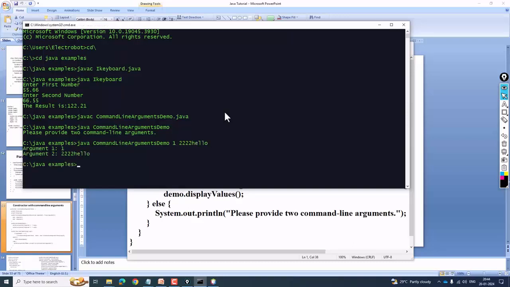Now two arguments it has accepted. If you are providing fewer arguments or more arguments, it is going to